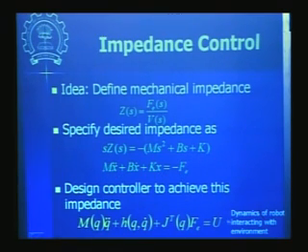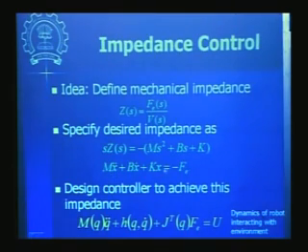Now notice that the dynamics of the robot which is interacting with the environment will change in this fashion. You will have this term J transpose of q into Fe, which is the force of interaction with the environment, appearing in the robot dynamics equation. Now let us not go into detail how we can design this controller. You can use whatever tools we have seen so far, and we can design this kind of a controller which will give finally Fe equal to this kind of a relationship.